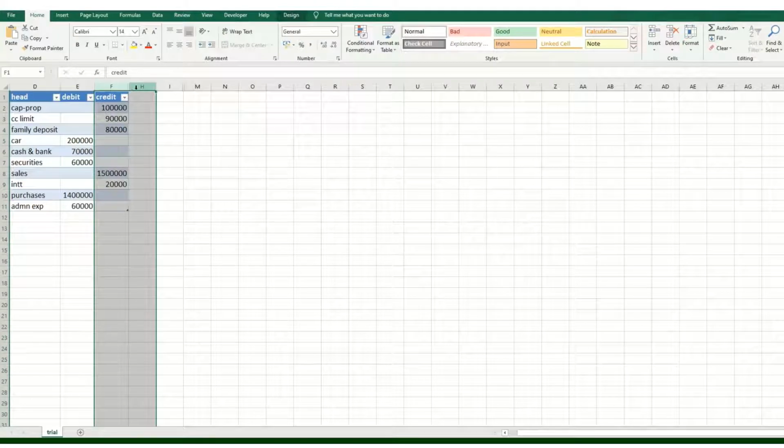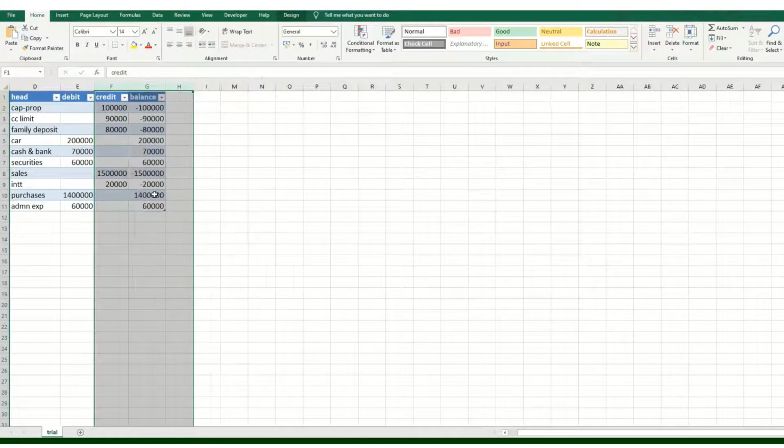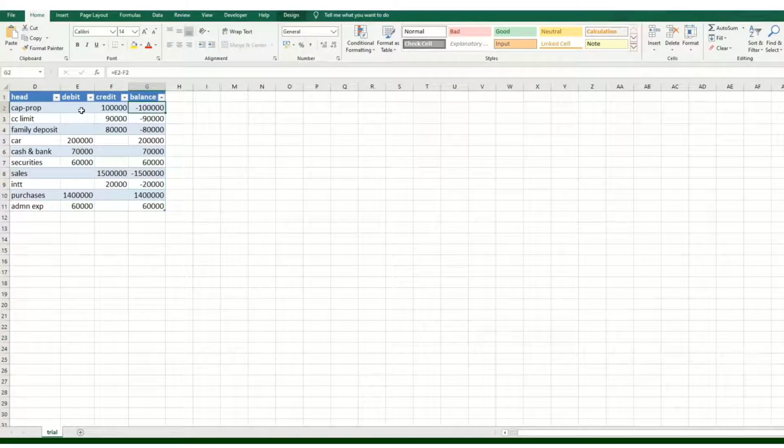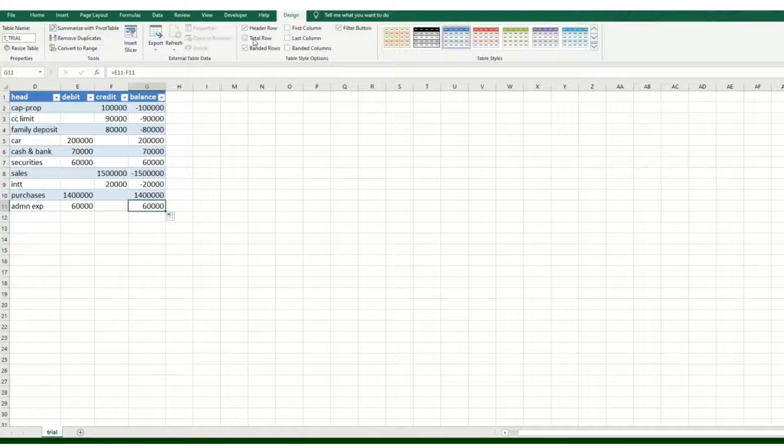Now we'll just unhide. This is the balance. Now we will create the balance as debit minus credit. So this is what we have brought, and again we'll check whether this difference is 0. So this is 0, meaning minus and plus make it 0. So we'll undo this. Now we are ready to prepare our financial statements,